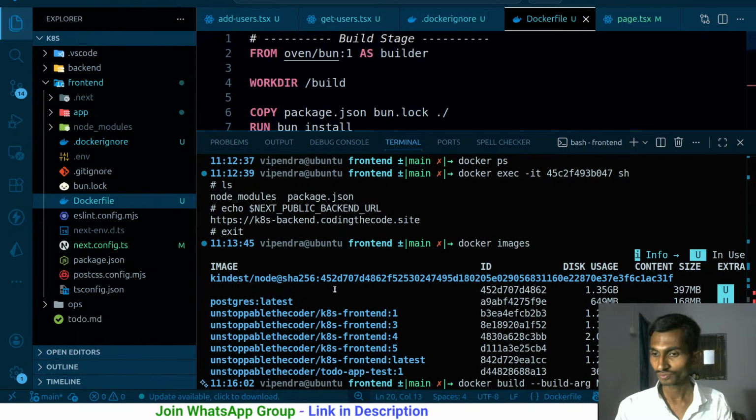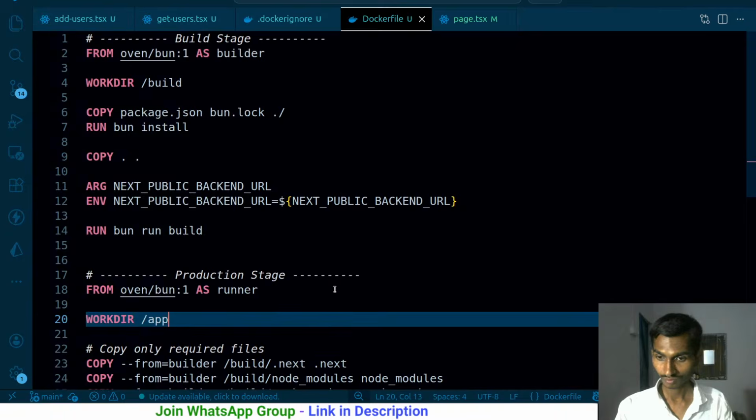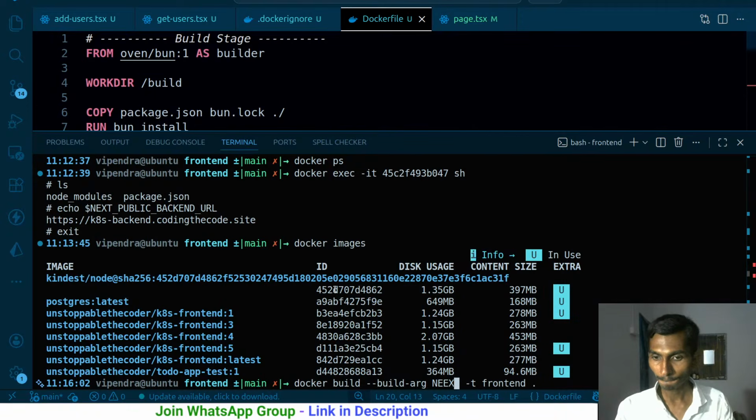Build argument NEXT_PUBLIC_BACKEND_URL, that's gonna be http://